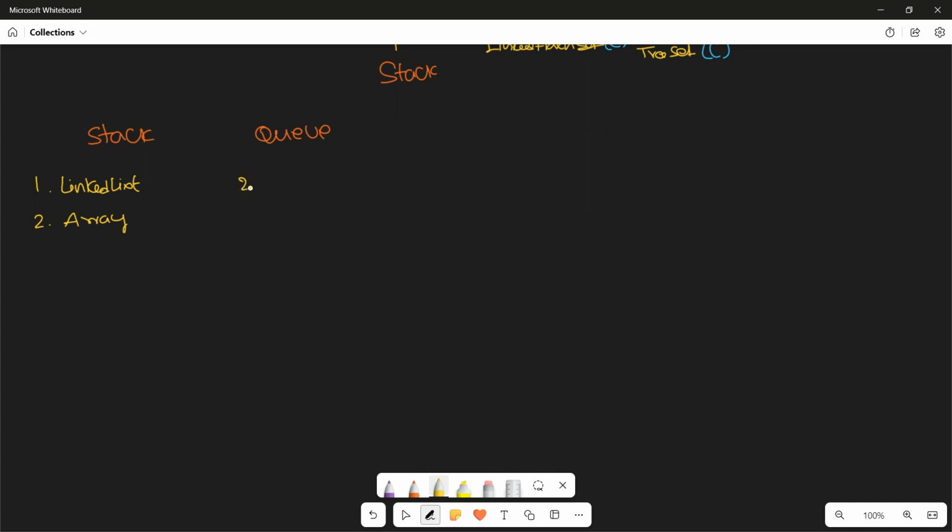Queue also the same, by using linked list first and second by using array. Let me discuss what is the advantage and what is the disadvantage. So stack is nothing but follows LIFO, right? Last in, first out. So if you are implementing it with linked list,